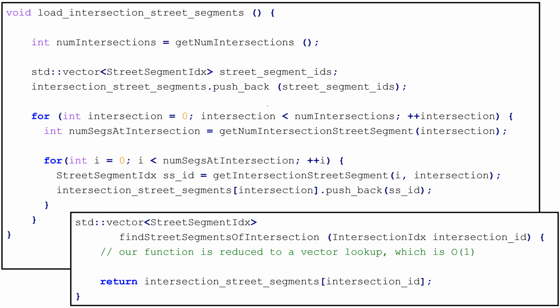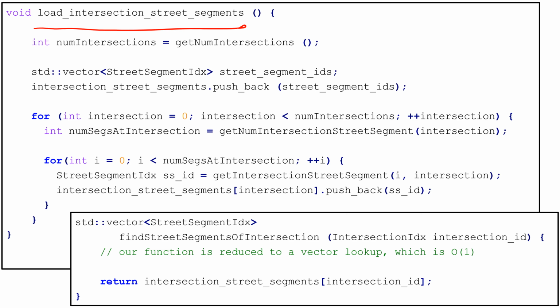Okay, we wrote this code, and here it is. Most of our code is in load map. This is load intersection street segments, a helper function for load map, which gets called before anything else. Your load map in milestone 1 can get long, so you should be writing helper functions. Your TA is going to be looking for style marks that you don't write really long functions. So in your load map, you should be thinking of writing code like this. This loads up the data I need for one particular thing, and my load map is going to call a bunch of these helper functions.